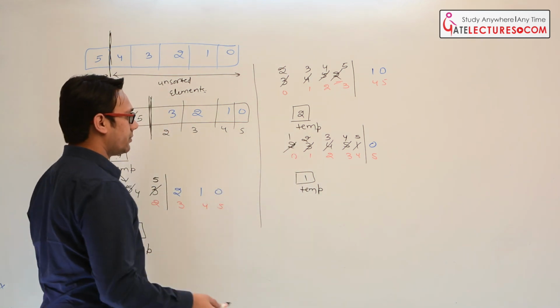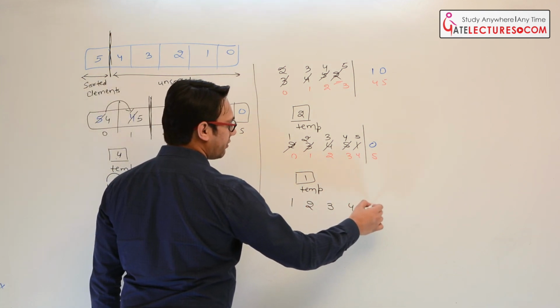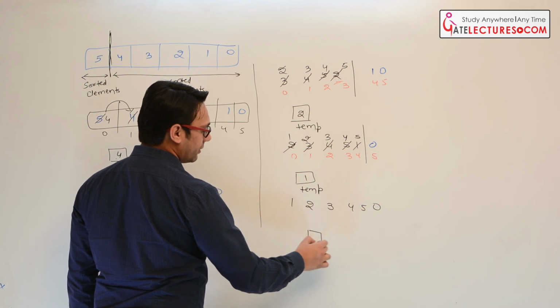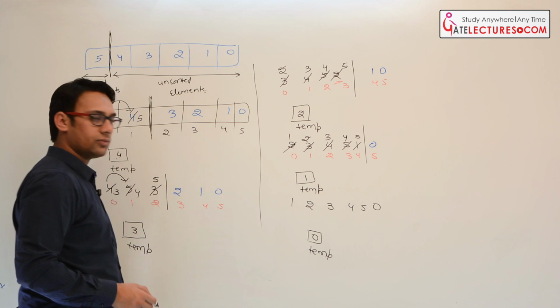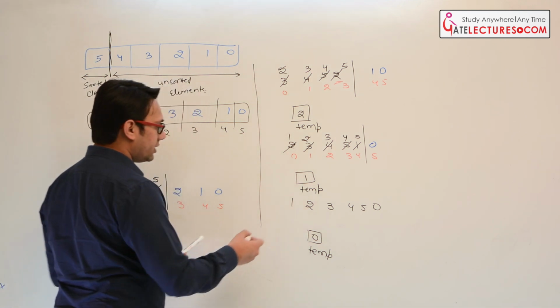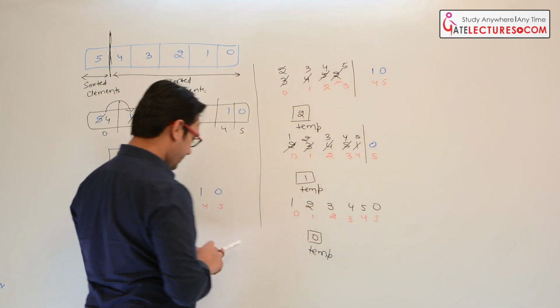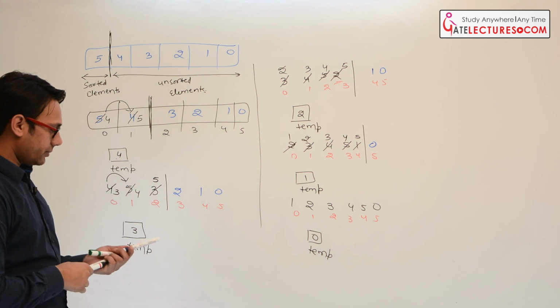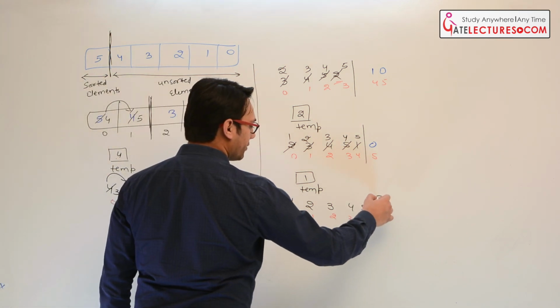Now shift the window again. We have 1, 2, 3, 4, 5 and 0. And then we have the temporary variable which is going to store 0. Okay. And the index locations which you have here in this case are 0, 1, 2, 3, 4 and 5. In these index locations, compare 0 and 5. 5 is greater than 0, therefore 5 will come here.